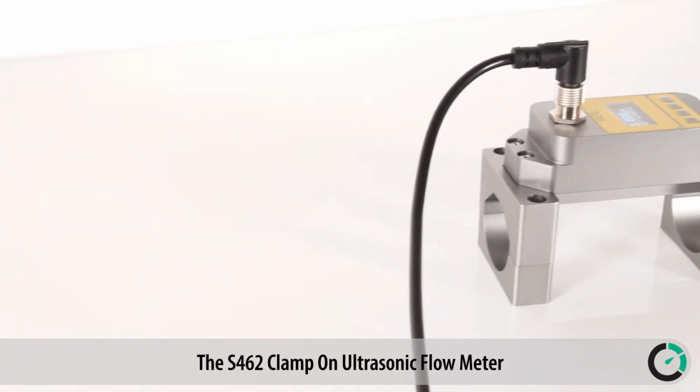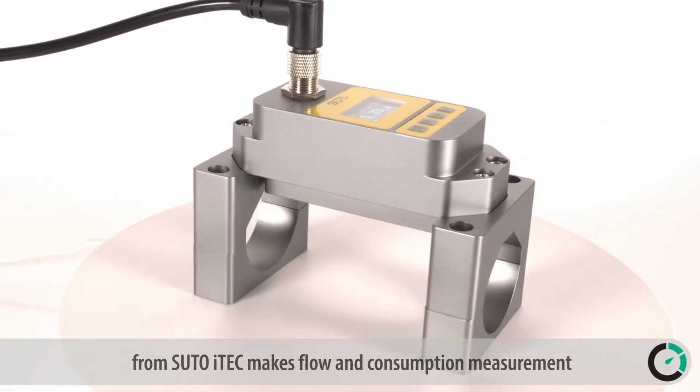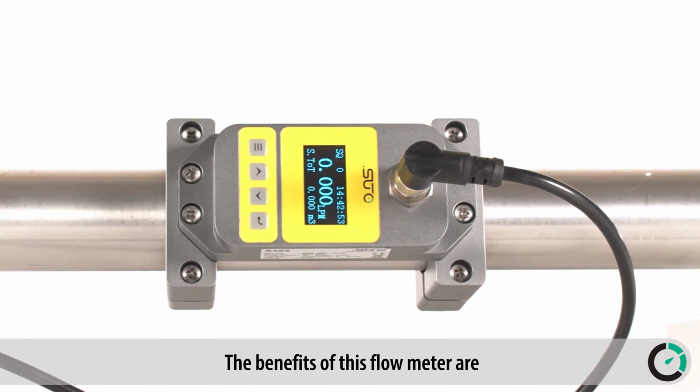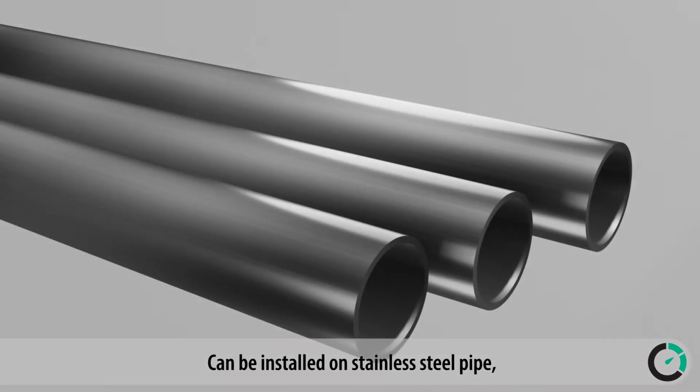The S462 clamp-on ultrasonic flow meter from Suto iTech makes flow and consumption measurement of liquids very simple and easy. The benefits of this flow meter are: clamp-on type, very easy installation, no moving parts, can be installed on stainless